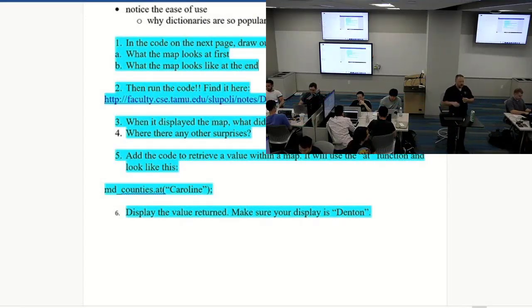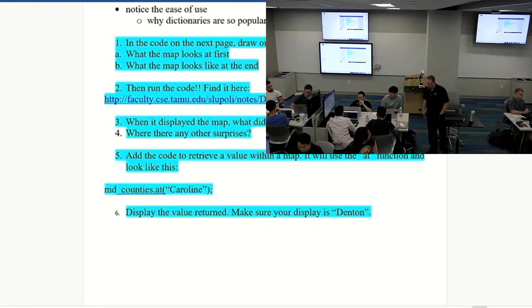So when I did this exercise, I was a little surprised by something. Here's why. It's because, like I said, a lot of things that I've done with mapping lately has been either using Java or Python. It's not been using C++. So the interesting thing about this is really, let's see,